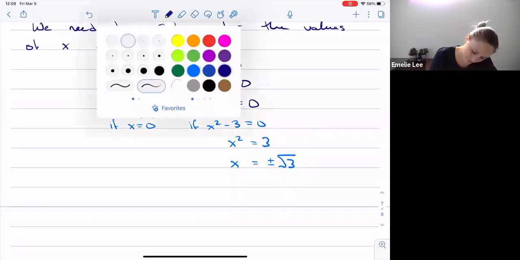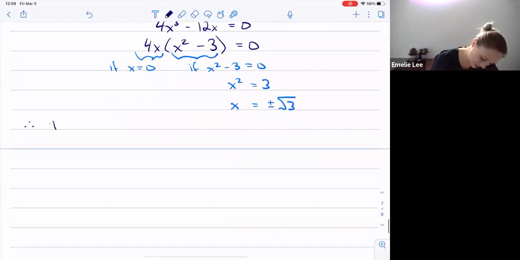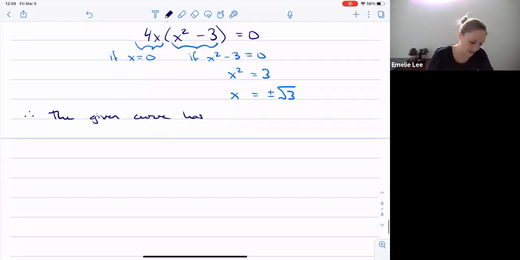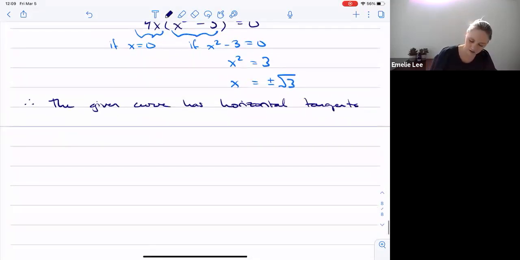So what we'll say here, therefore, the given curve has horizontal tangents when x is, and I'll do them in order,